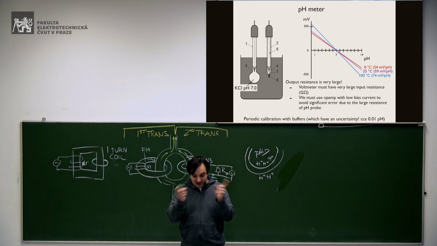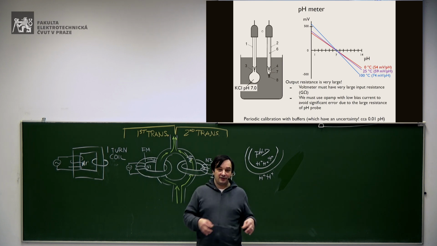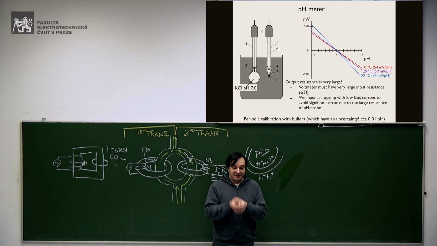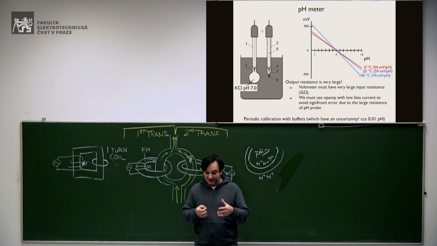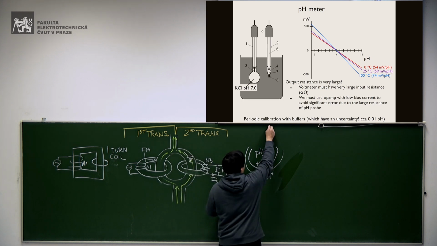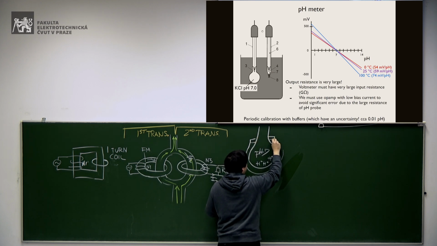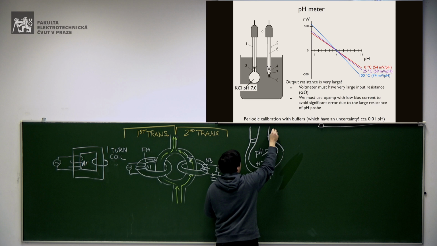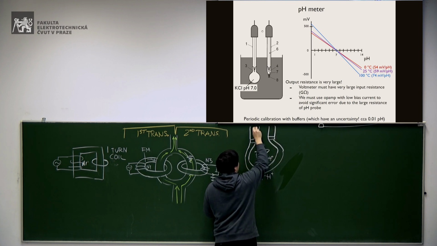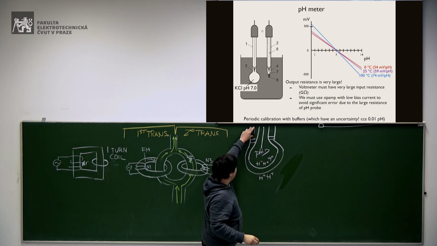If you watch the difference of the potential, you find out that you have this characteristic. By the way, just a little remark. Very often nowadays you don't see two electrodes. You see only one, but as a matter of fact, they are both there. It means that they are together. Okay. So in the bulb here, typically you have, this is the first electrode, then you have here some ring, and then you have here the second electrode. So this is the first electrode, and this is the reference electrode.